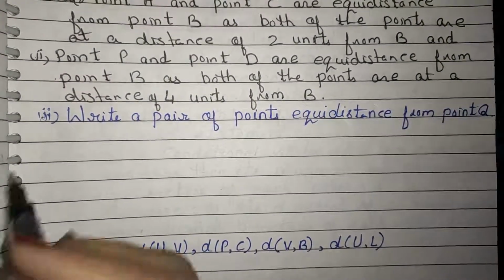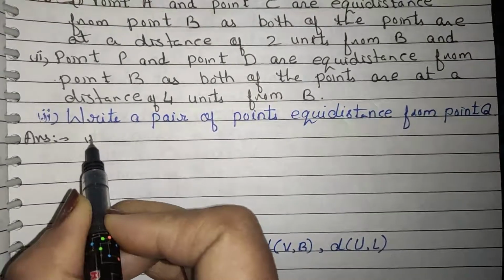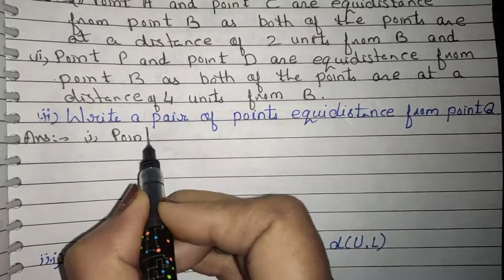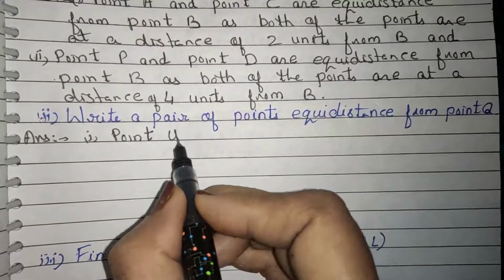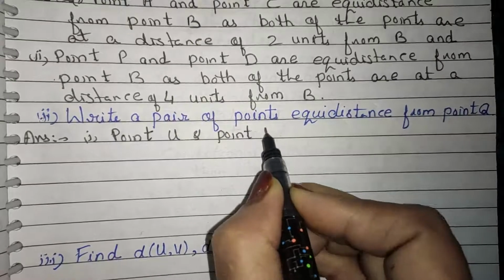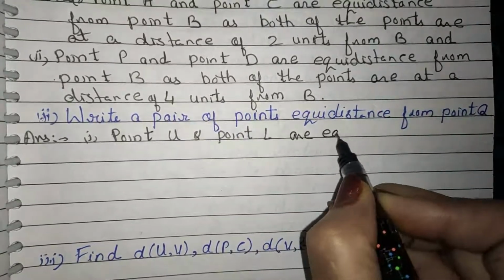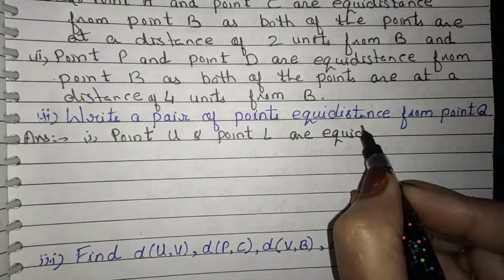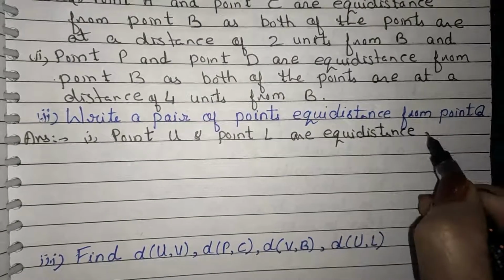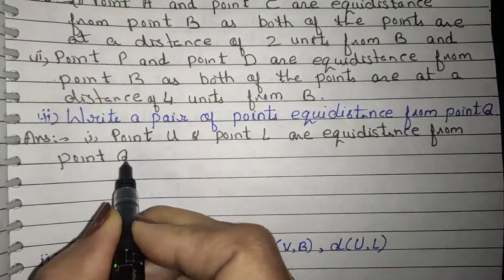First, point U and point L are equidistant from point Q